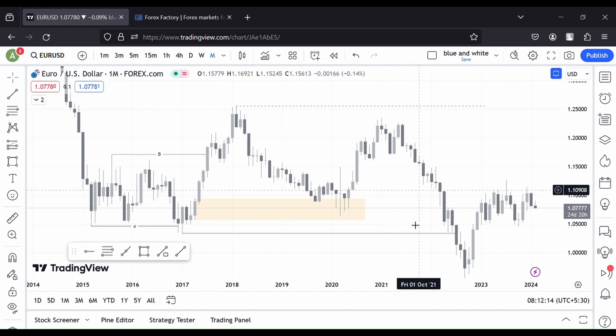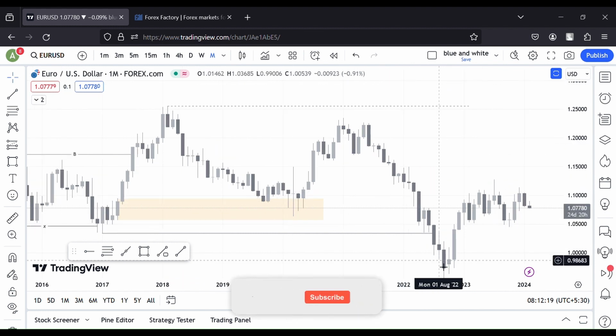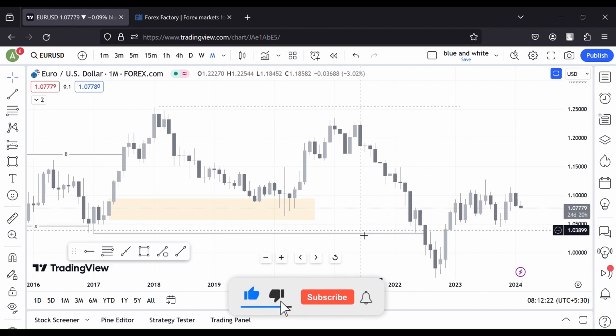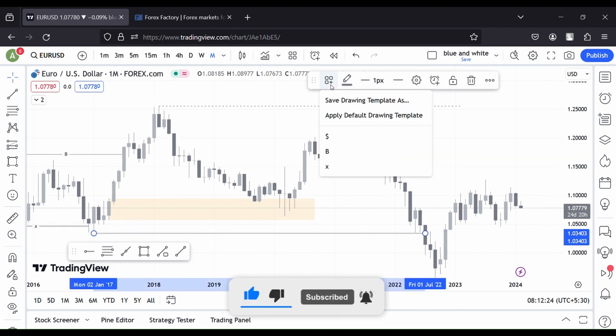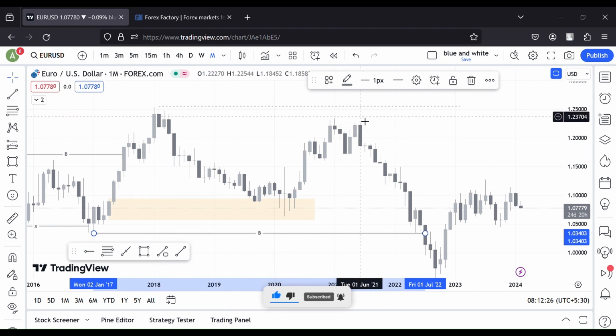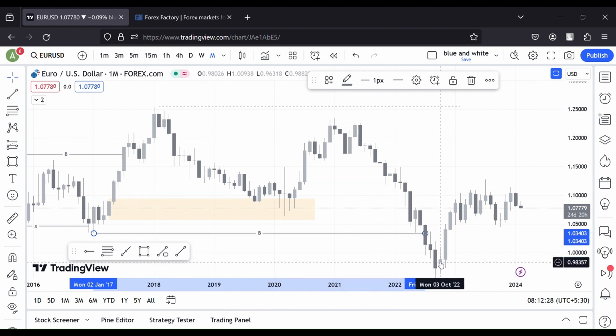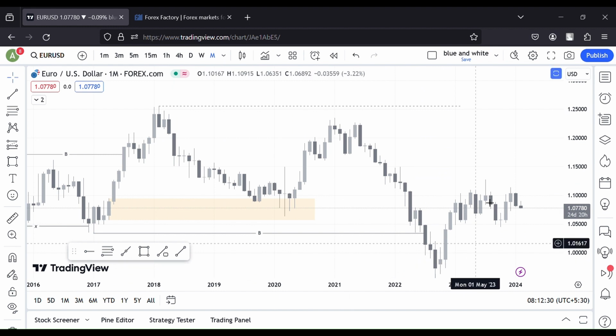This gave us a bearish bias into the monthly time frame, and the price moved into the downward direction, breaking this strong low,